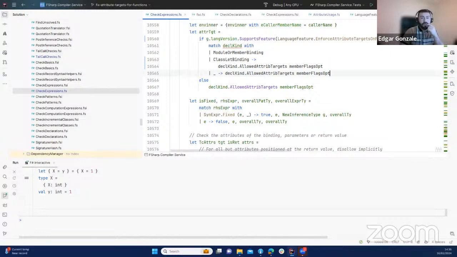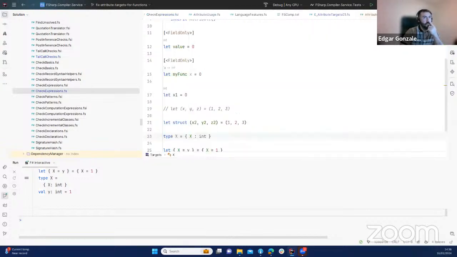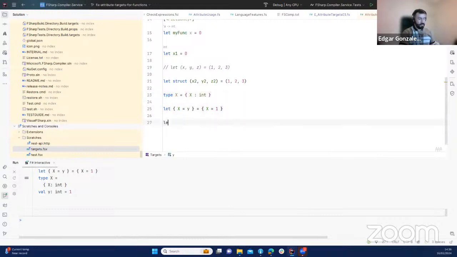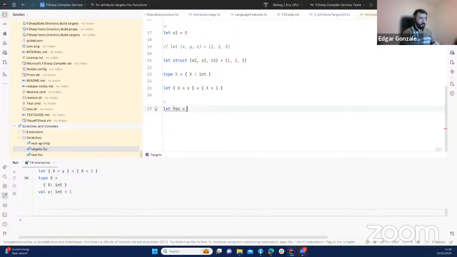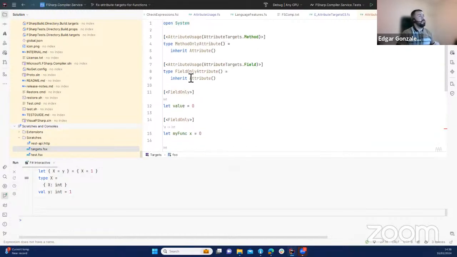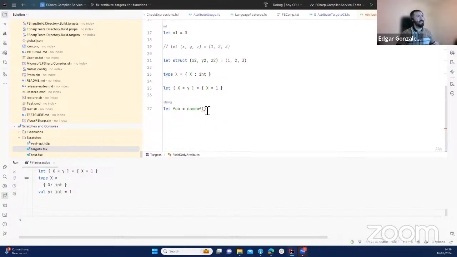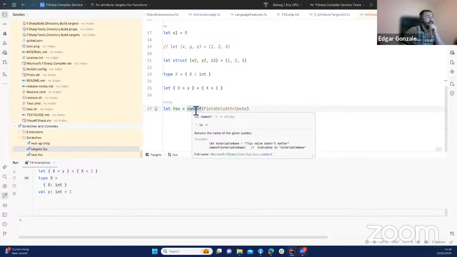Right, so while this is catching up, another one I think is interesting now that I just realized is what is this? So if I do let foo equal to name of and then maybe copy field attribute. So we also need to care about name of. Name of is also, yeah, so,